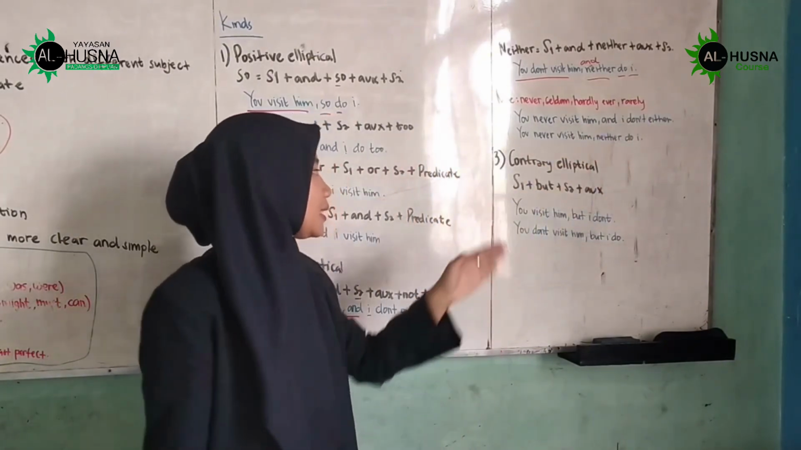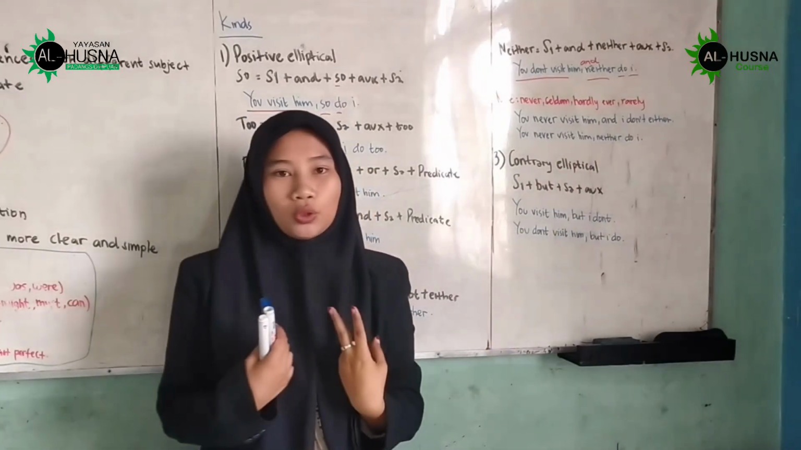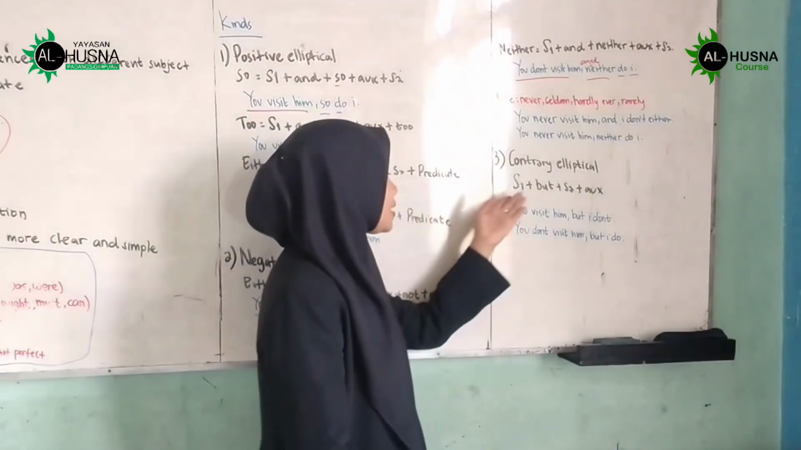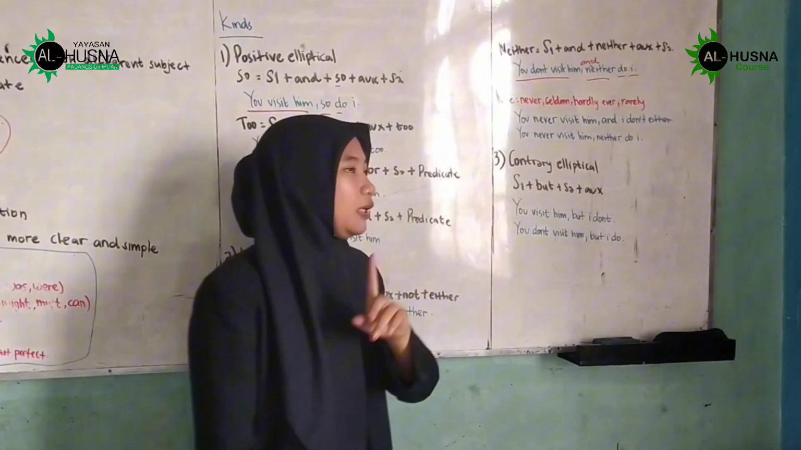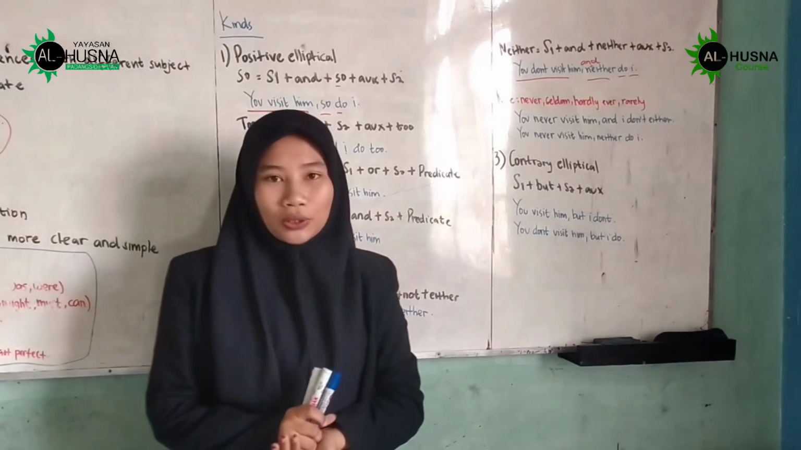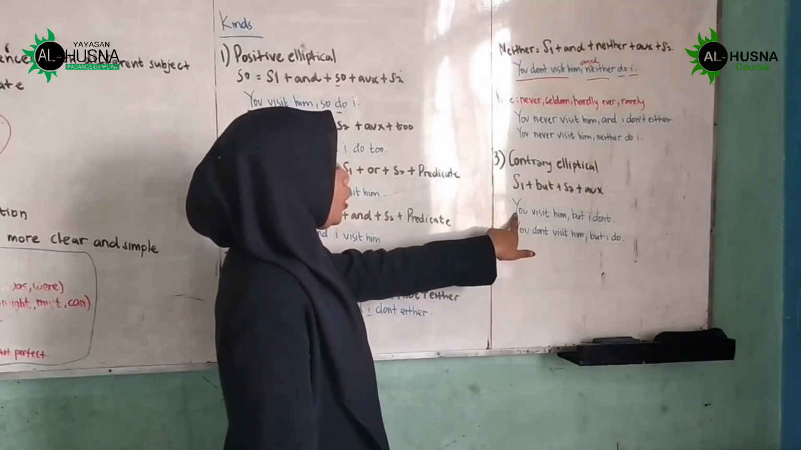And the last type is contrary elliptical. Contrary elliptical is when we are joining two opposite sentences. If the first sentence is negative, the second sentence must be positive. If the first sentence is positive, the next sentence has to be negative. For example, you visit him